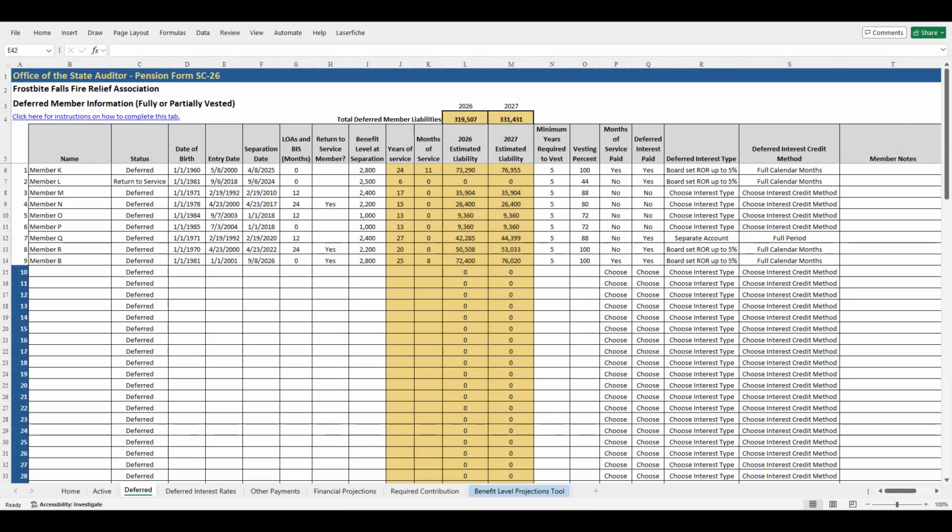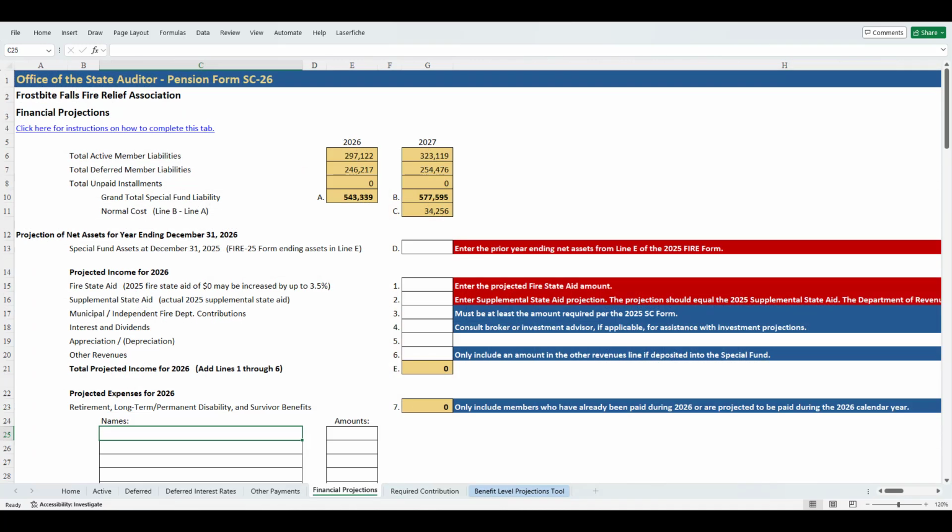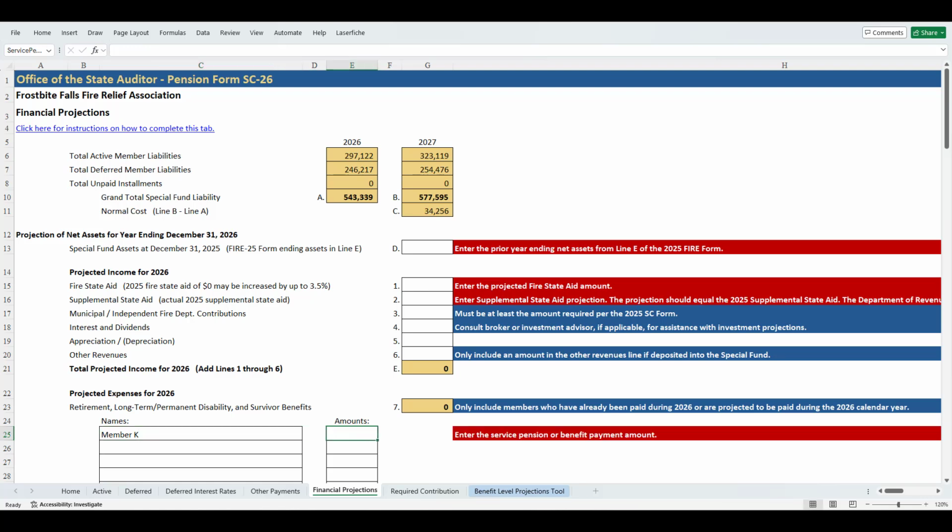Returning back to the Deferred tab, if a member received their service pension or benefit payment during the year, change the member's status to paid and enter the member's name and liability in the Projected Benefit Payment section on the Financial Projections tab. When a member's status is changed to paid, the form automatically removes their liability from the Deferred tab, and the amount instead needs to be entered as an expense on the Financial Projections tab.